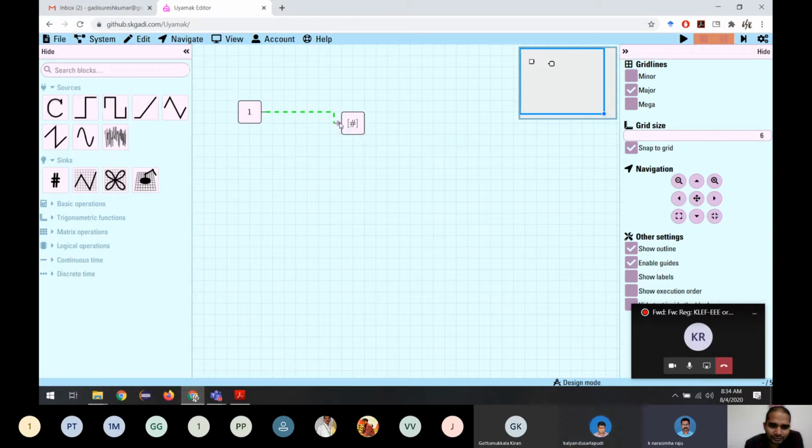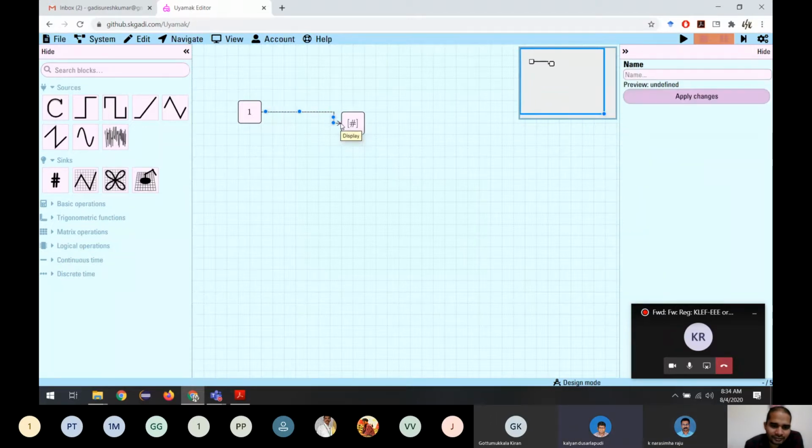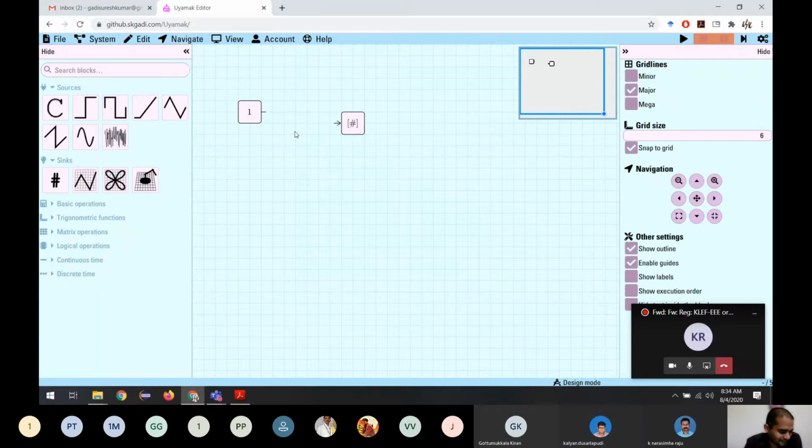So what I do is bring the cursor very close to the block. Instead of connecting here, I bring it until here and then I click. But I have to improve this part of the connections. Yes, sir. Okay. Thank you, sir. Thank you for bringing this. Thank you.